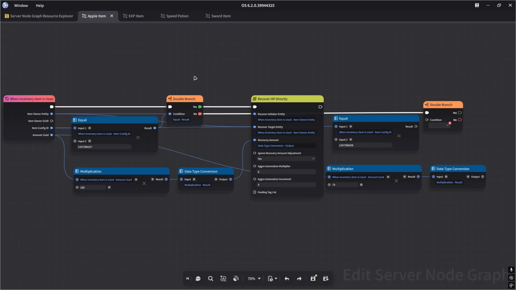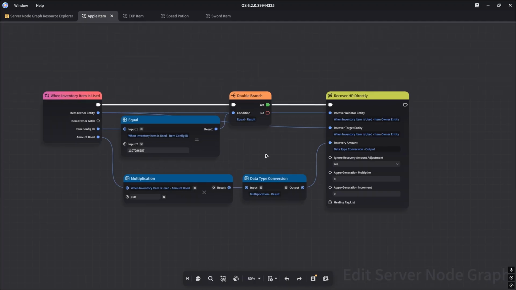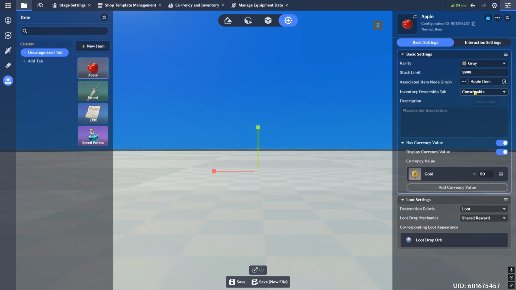Now the best practice here is to actually just make different item node graphs for each item. You don't really want to generalize unless you kind of know what you're doing. So in my case, it's good to do Apple item and then carrot item specific node graphs. And so what I can do is just keep it like this, and we have a nice node graph that just recovers HP. And so back in the editor, just make sure that the Apple item node graph is attached